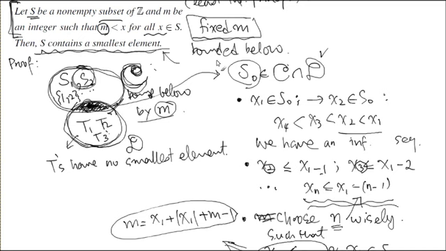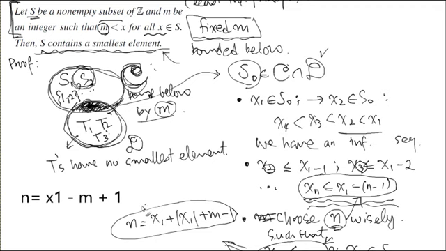Okay? Yes? Typo, this is supposed to be our choice of n, right? Here, this is a general description of relationship between xn and x1, right? And then we're going to choose this n wisely such that we pull out this contradictory statement. That choice of n is x1 plus absolute value of x1 plus m minus 1. If you have a better description, go ahead and try it. But this is my suggestion.